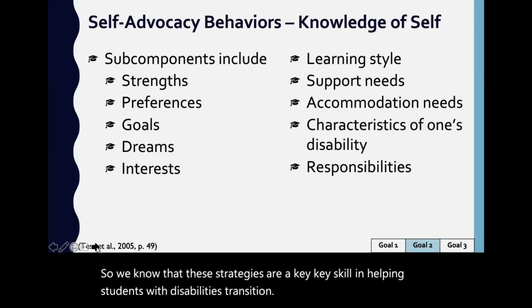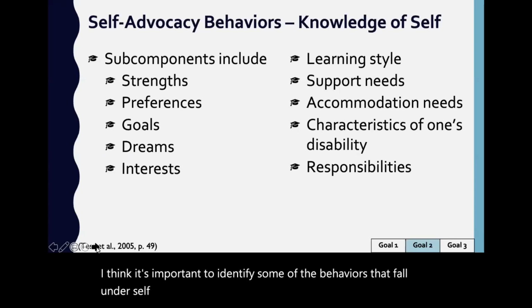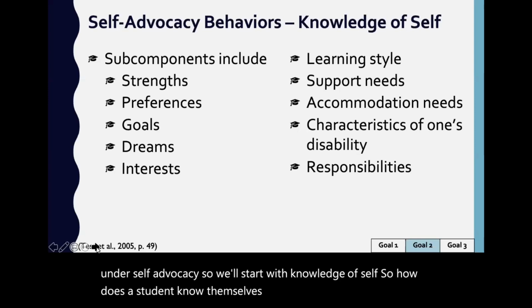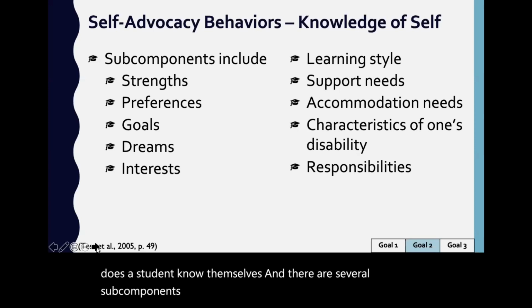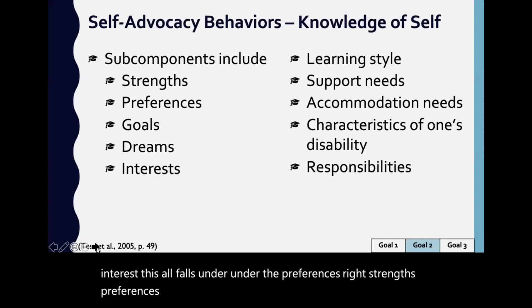So I think it's important to identify some of the behaviors that fall under self-advocacy. So we'll start with knowledge of self. How well does a student know themselves? And there are several subcomponents, including their strengths, their preferences, their interests, and their needs. When we're doing some of our transition assessments, we want to make sure that they know